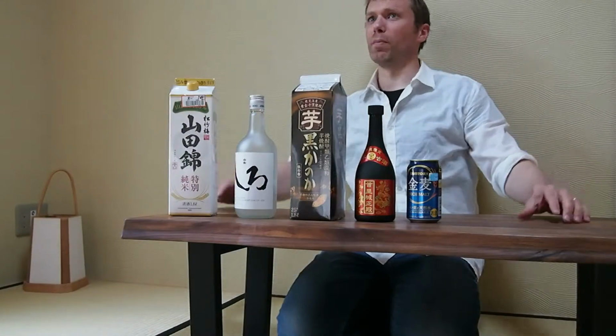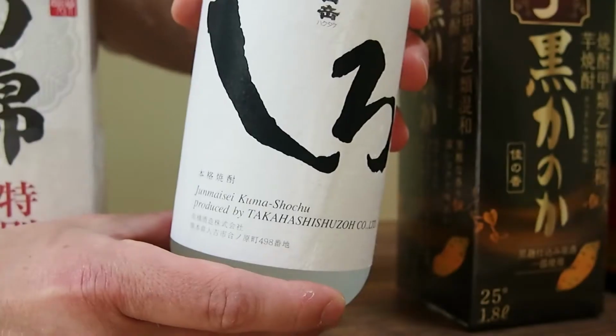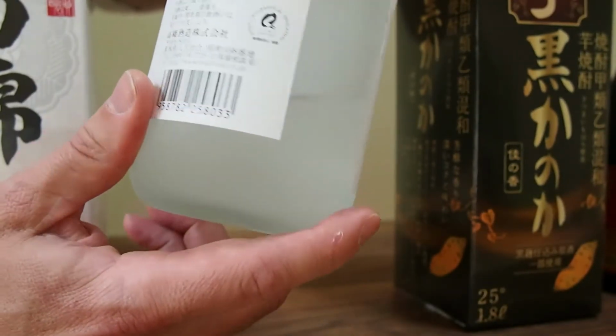So when you go into the supermarket, how do you avoid the mistake that I made? How do you know you're going to buy Nihonshu, or if you're looking for Shochu, that you're buying Shochu? Well, part of it is reading, and part of it is experience. I just gave you a big clue. If you can find that it says 25% on the bottle, which it does right around here on the back,